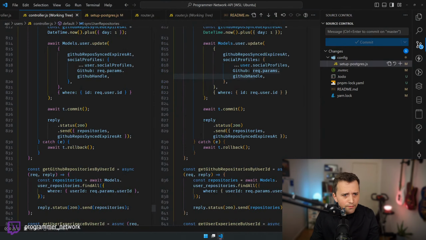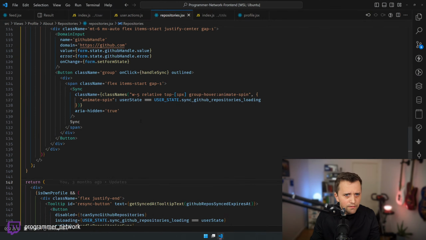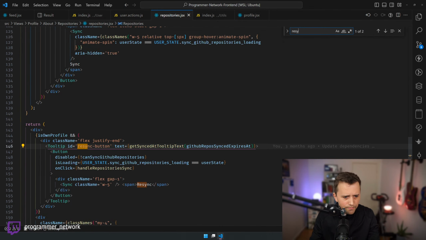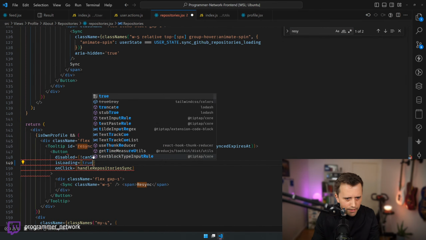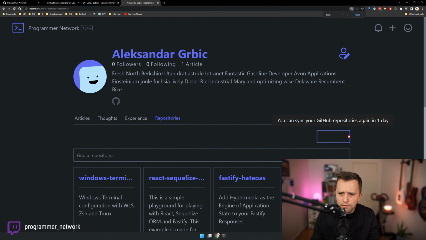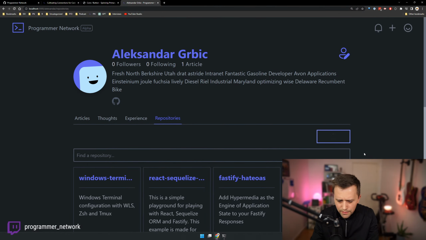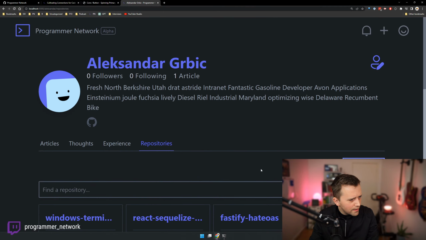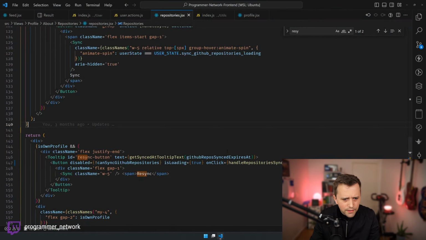Especially this one, right? Okay, wait, let's go to the front. Resync. Let's just say loading true. Yeah, it is loading. Perfect, great, amazing. So this is one of the issues, I think. You can see how, what is the state of this button? We have isLoading true. We don't have any variant on it, I suppose. So maybe that's outlined. Maybe that's the issue, right?